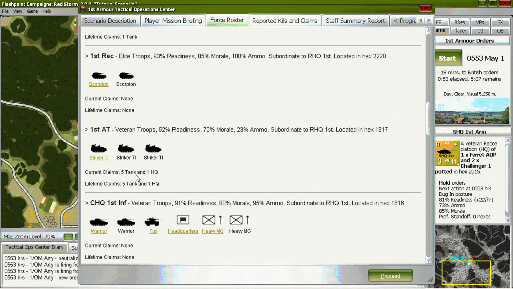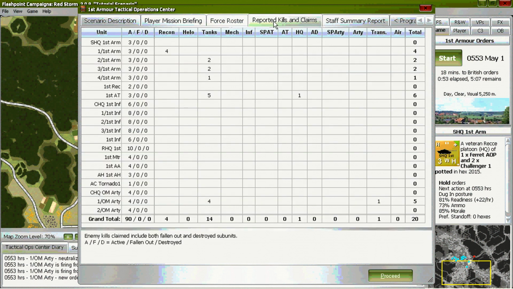Hit the Reported Kills and Claim tab next. In this table, you can see a listing of all your units and the breakdown of the types of units claimed as knocked out. All units are totaled here, as well as both for each unit and all enemy unit types.